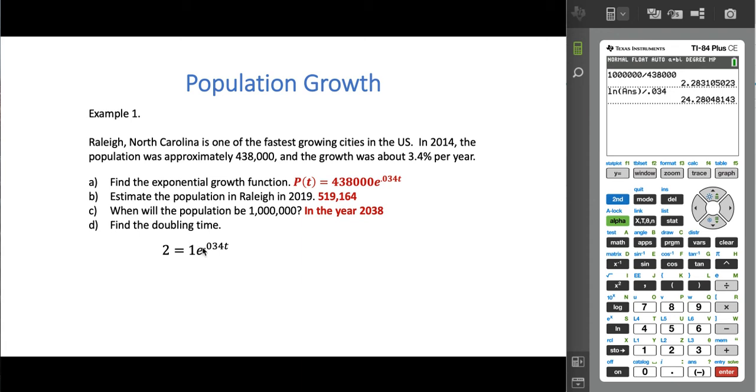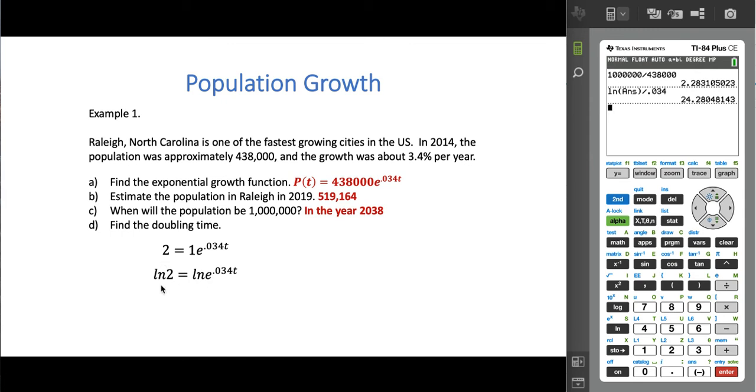So this is going to be the same answer if I had put 438,000 and twice that on the other side. So basically, if there was 1 person, how long is it going to take for there to be 2 people, to double the population at this rate? So once again, we could divide by 1, and then we're going to take the natural